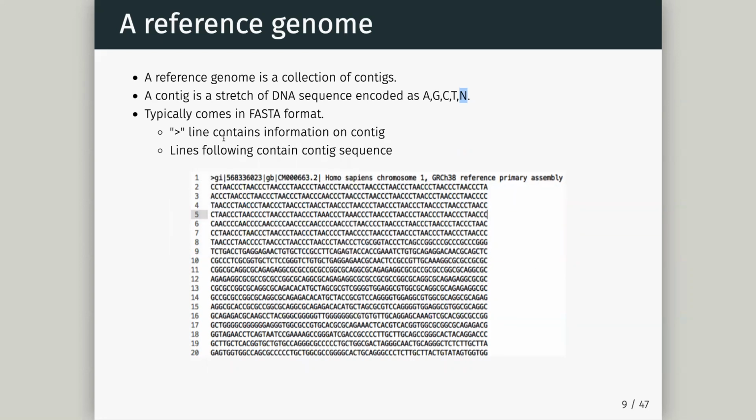We have a header line, which starts with this greater than symbol, and that's the beginning of a config, right? It gives me some information, here Homo sapiens, chromosome 1, and it tells me the actual name of the reference assembly. Then I'll have the whole of chromosome 1 as a sequence, all the way to completion, and then another line like this, greater than, saying Homo sapiens, chromosome 2, and then chromosome 2, chromosome 3, chromosome 4, and then we'll have the unplaced